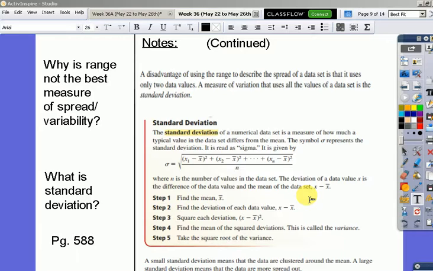Okay? It's very, very important in the sense that it tells us how good our mean is at estimating our average, right? Remember, it can be very far off depending on if the data is skewed, for example. And I have in your packet two articles that I want you to read. One talks about the general use of standard deviation, and the other talks about standard deviation with regard to,